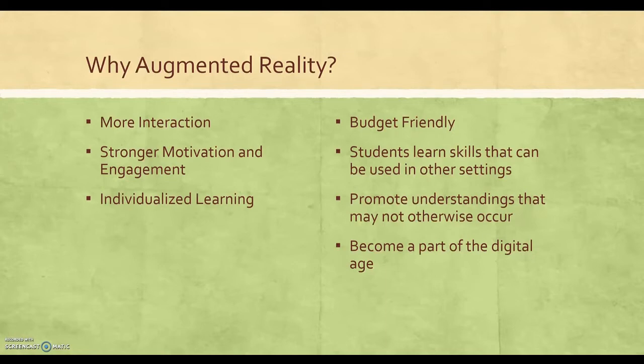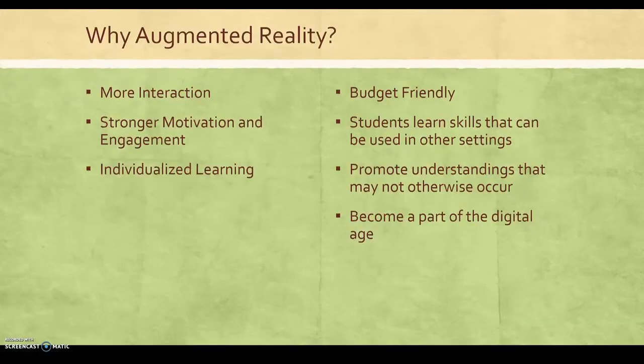Unlike digital platforms where individualized learning didn't happen as easily as they had expected, augmented reality does allow individualized learning. You can create apps for students, and students can work through those apps as quickly or as slowly as they would like. And each student can work on something different too. You don't have to have each student on the same exercise at the same time. It also, I think, opens up the door for, if you're a visual learner, if you're an auditory learner, if you're a kinesthetic learner, augmented reality includes all of that.